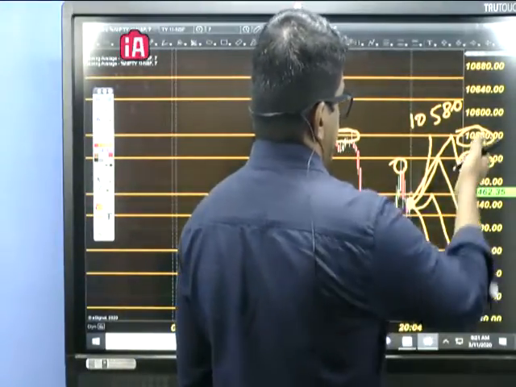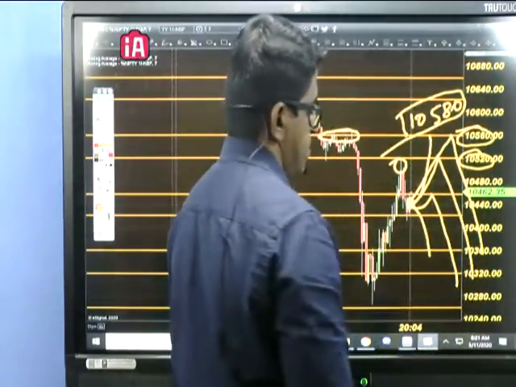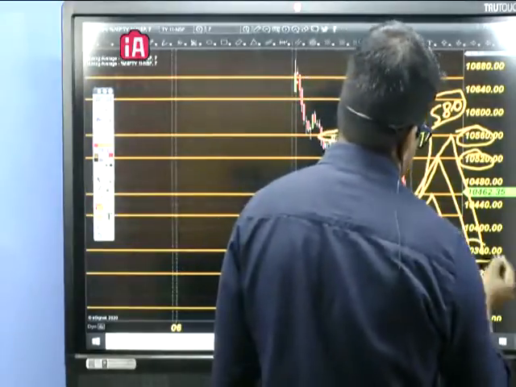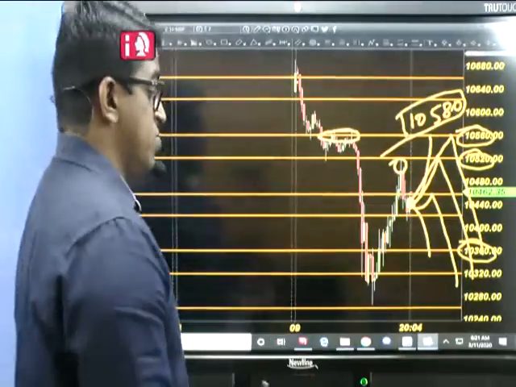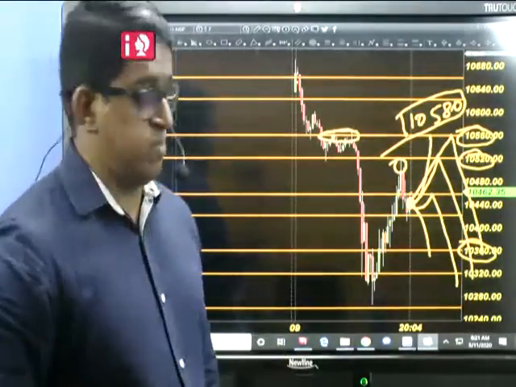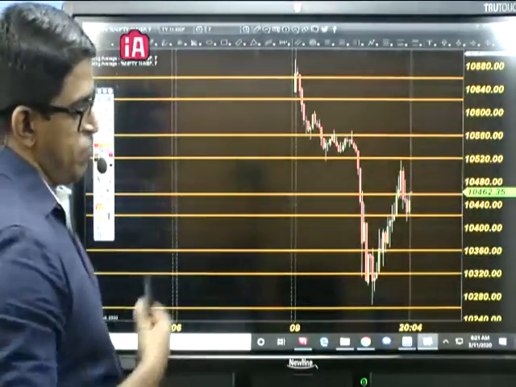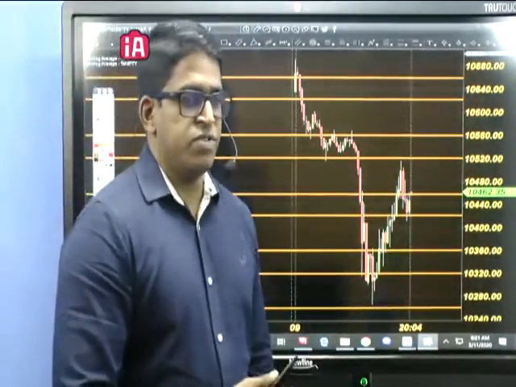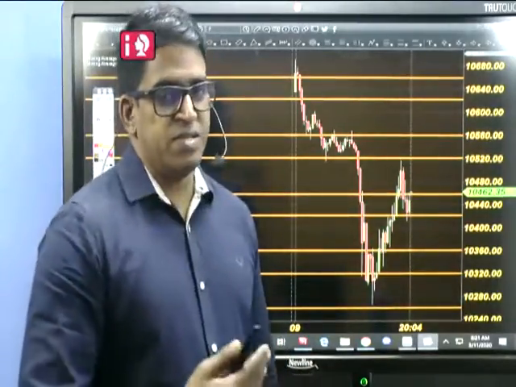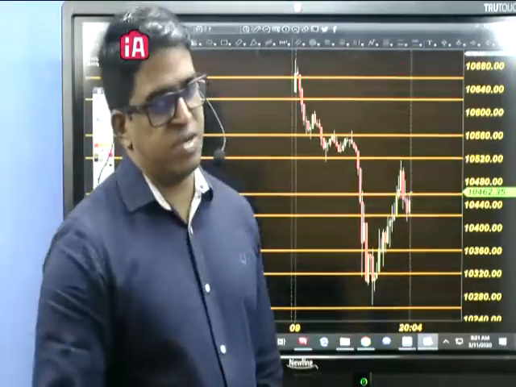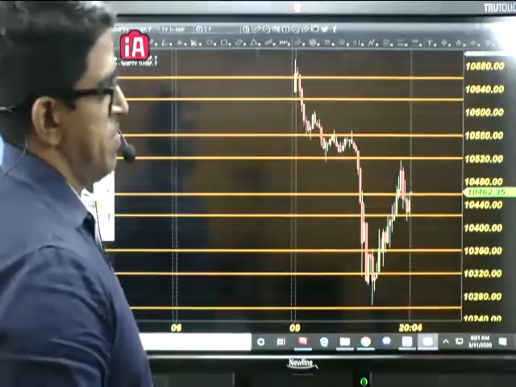So till 10,560 you can go for selling by placing stop at 10,580, expecting the price to come down, and maybe you can expect 10,360 in the near term. If the trend is very strong, it can continue its drop. If you ask till what extent it can drop, if you want a long term view, we are focused much on the day trading part. We want to leave that for today. And if you ask the long term view, if the trend continues, it can slowly and steadily drop towards 9,600 or somewhere in between.